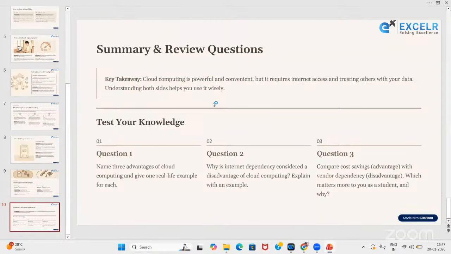And we have question number three. Compare the cost savings advantage with the vendor dependency disadvantage. Which matters more to you as a student and why? We can also mention it as a student, because with respect to a student, with respect to anyone, they can manage them as well.